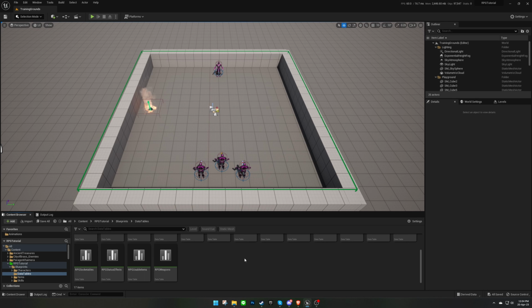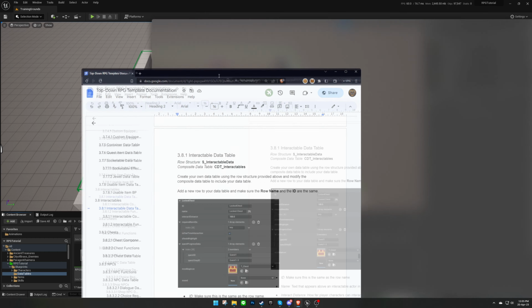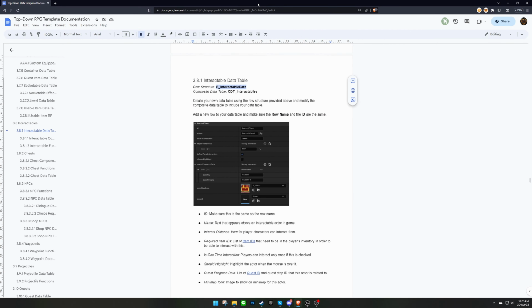Welcome back to another video in the top-down RPG template tutorial series. In the previous video, we learned about creating various types of items. In today's video, we'll be focusing on interactable actors. Let's get started. To start off, we'll need to create our own data table for interactables using the structure from